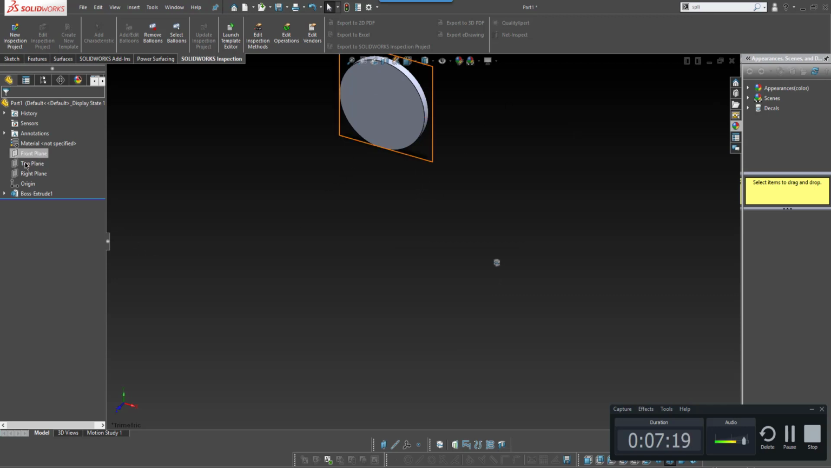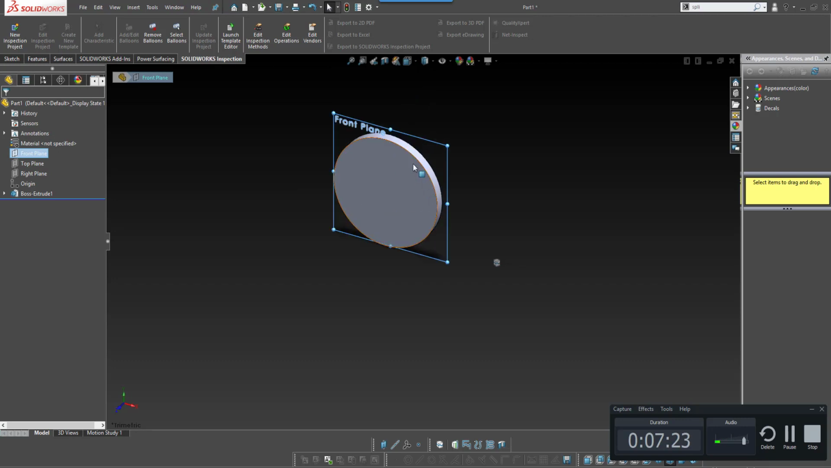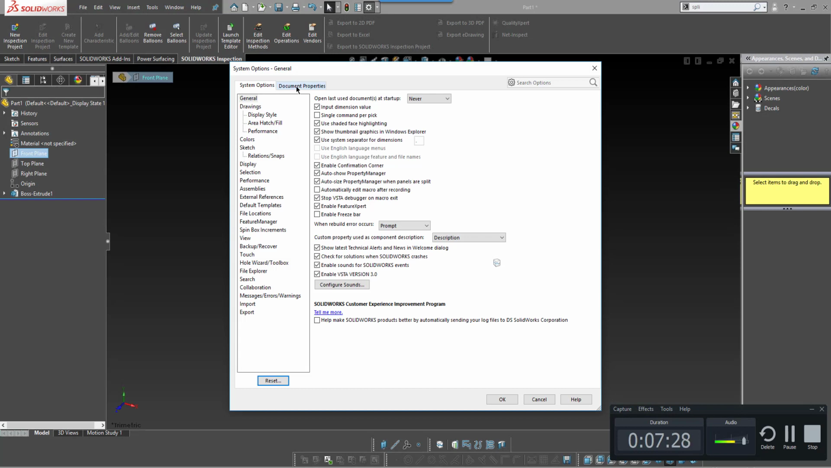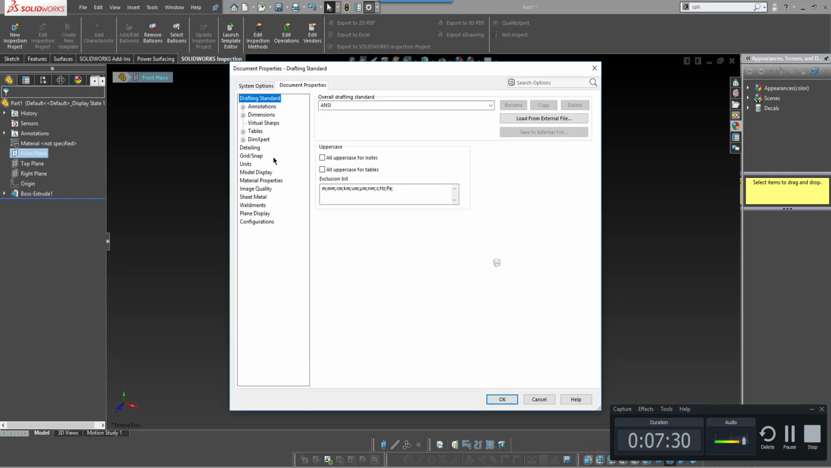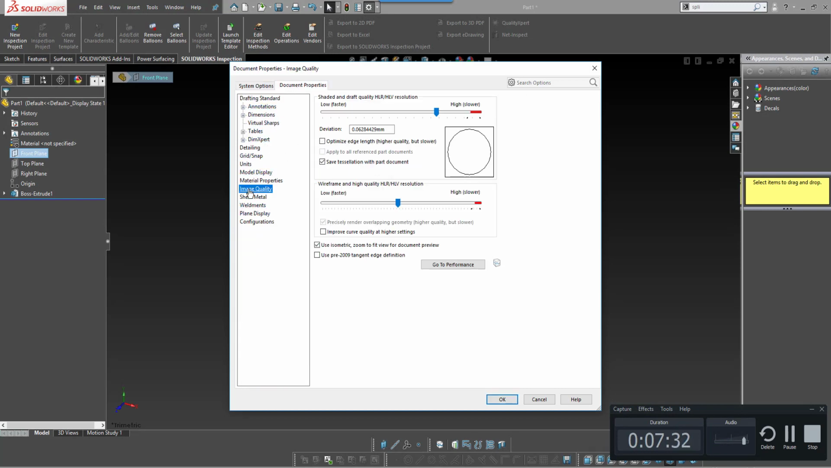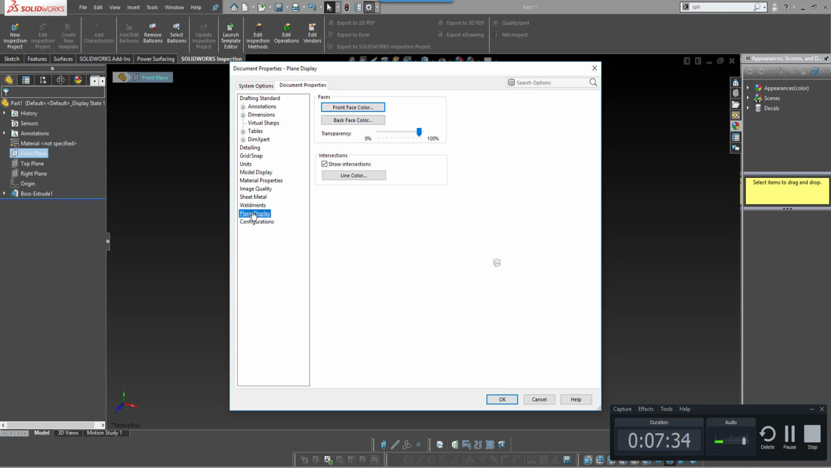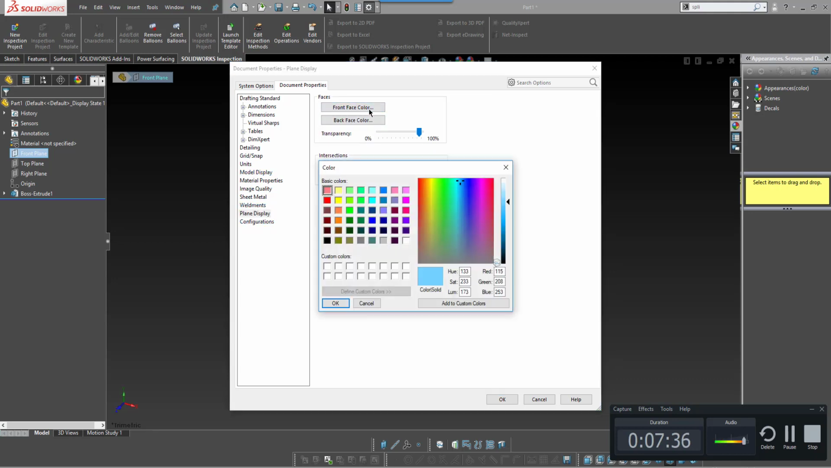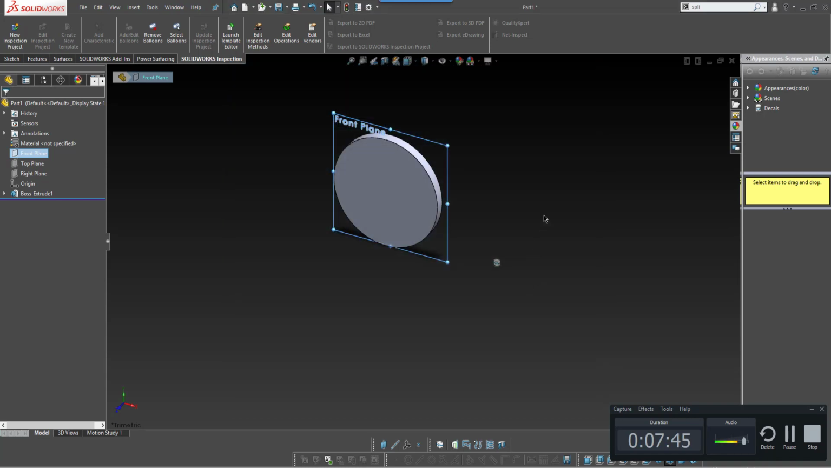And I really don't know what else. I guess this is some basic, but once again, you can come into your options. And here in the plane display here, what I always use is blue on the front and back, red on the back, which is very helpful because sometimes